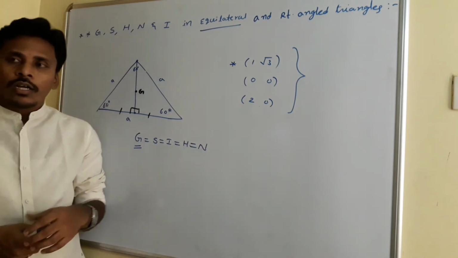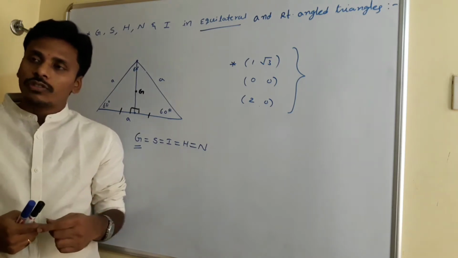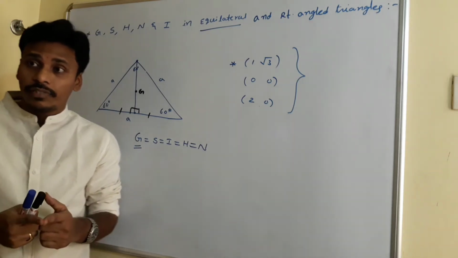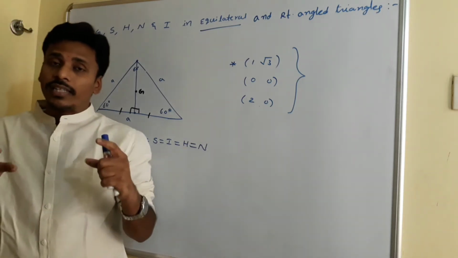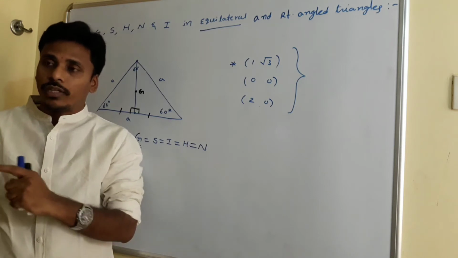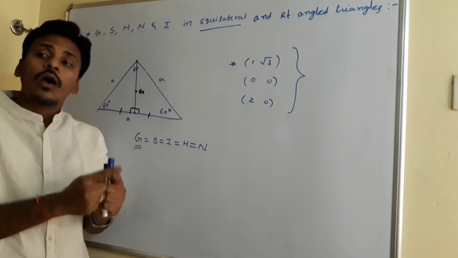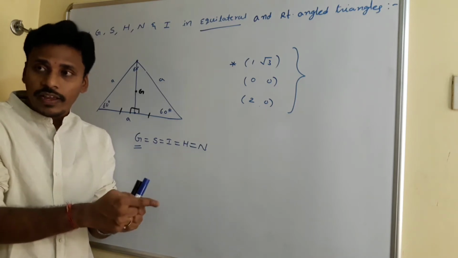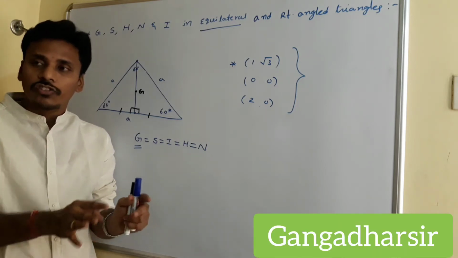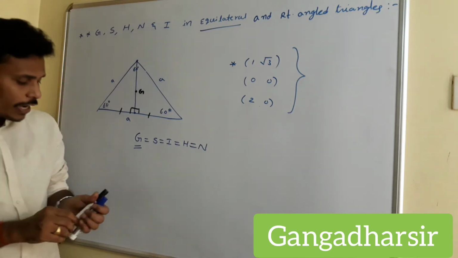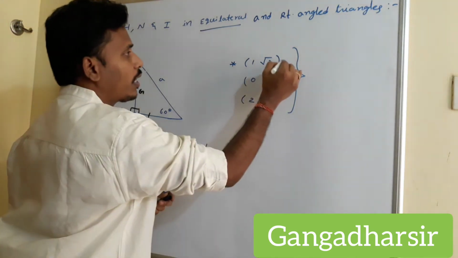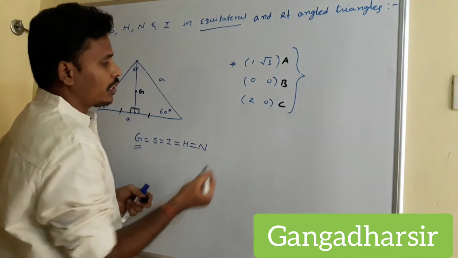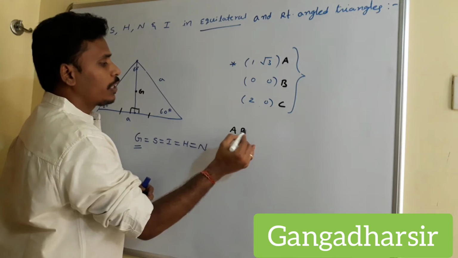First of all, before going to find the circumcenter using the geometrical trick that SA is equal to SB is equal to SC, you need to check what type of triangle it is, whether it is equilateral or whether it is right angle or whether it is a square. You just check it. So if you try to check it, you just mark the vertices of the triangle as A, B, C, right? Since the vertices are A, B, C, you just try to find the distance between A and B.